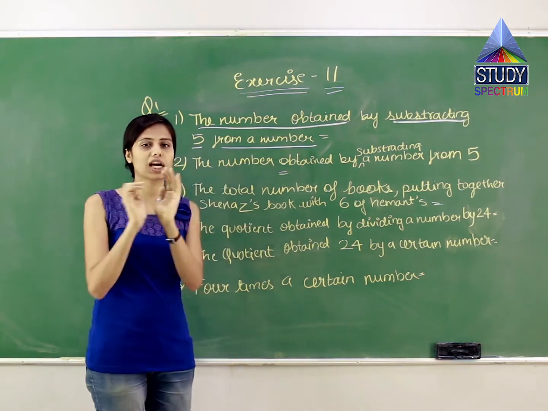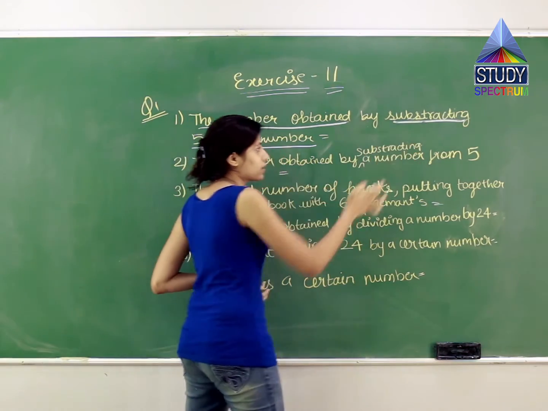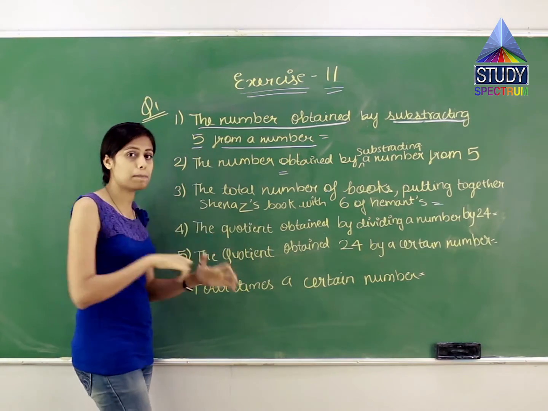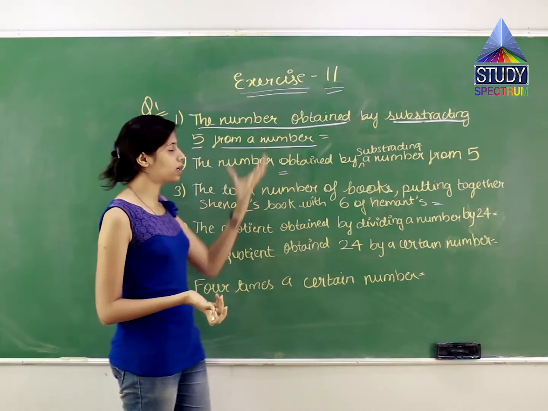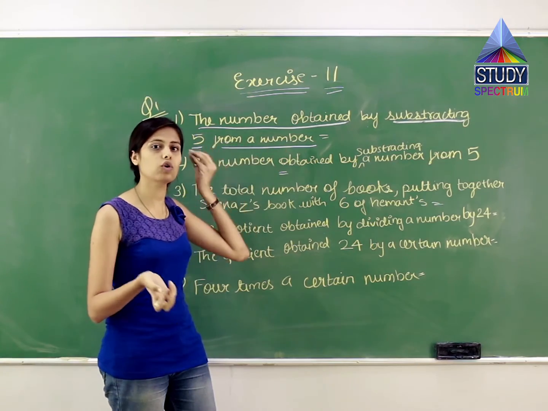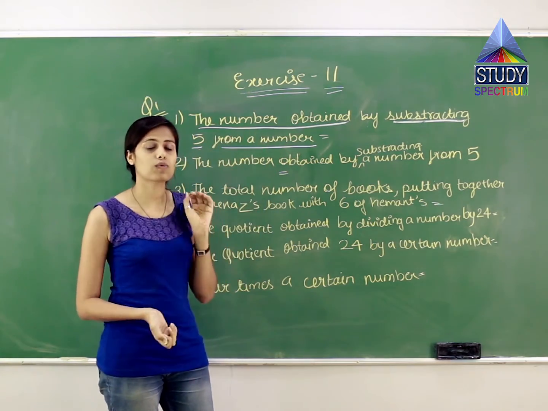They are telling you कुछ एक answer आ रहा है, वो कैसे answer आ रहा है? By subtracting, मतलब कुछ तो subtract करना है. क्या subtract करना है? 5. अच्छा, मतलब 5 को subtract करना है, पर किससे subtract करना है? From a number. Okay, what is this from a number? Means what? We don't know that number. From a number means what? That number is unknown. So what we will do?